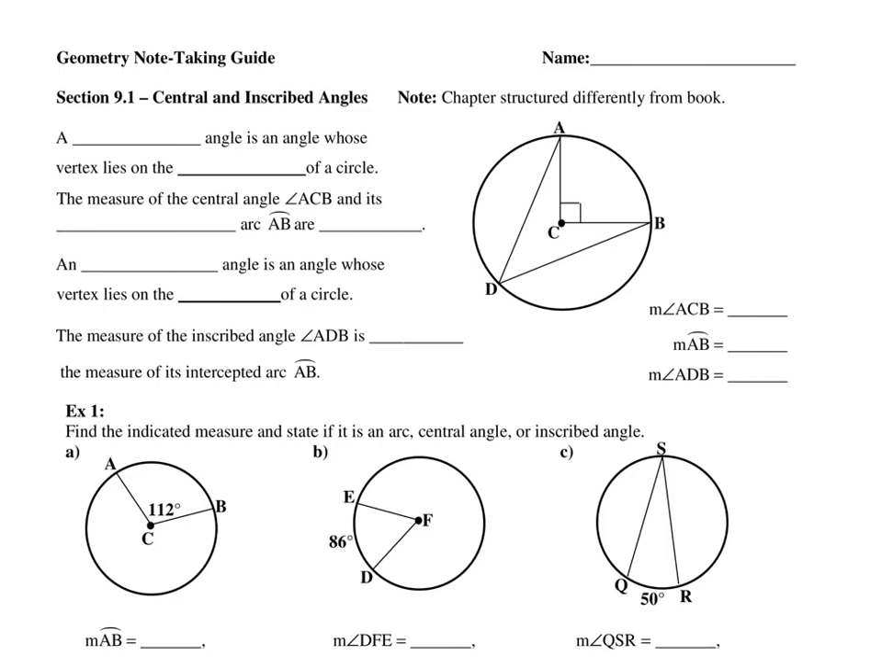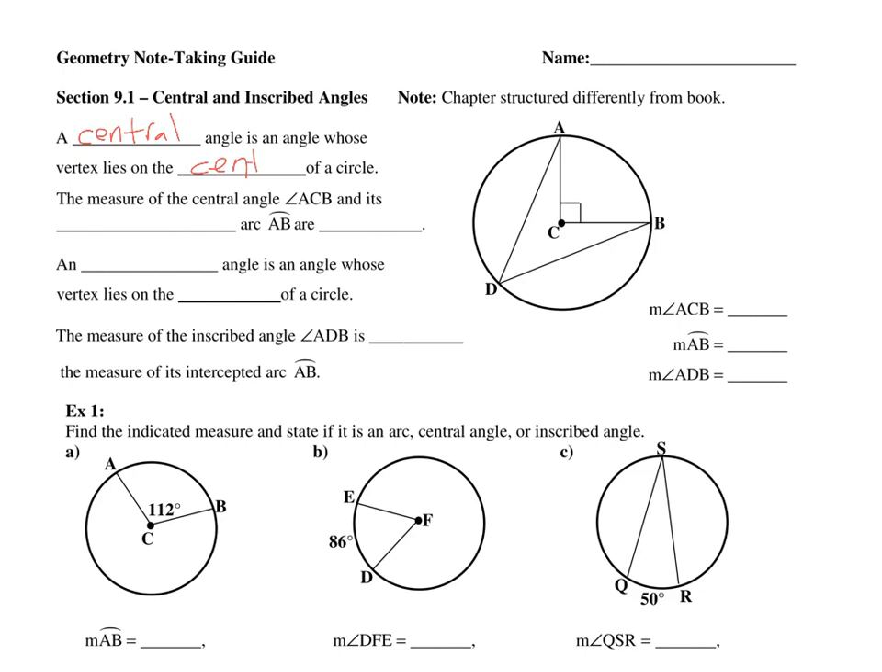Starting lesson 9.1, we'll be diving into the properties of circles. So we're working with what are known as central and inscribed angles. The first type of angle, a central angle, is an angle whose vertex lies on the